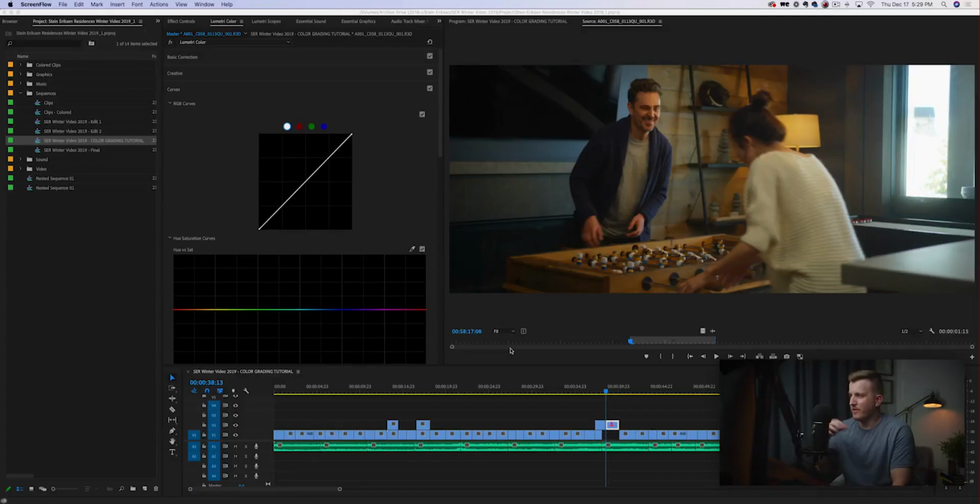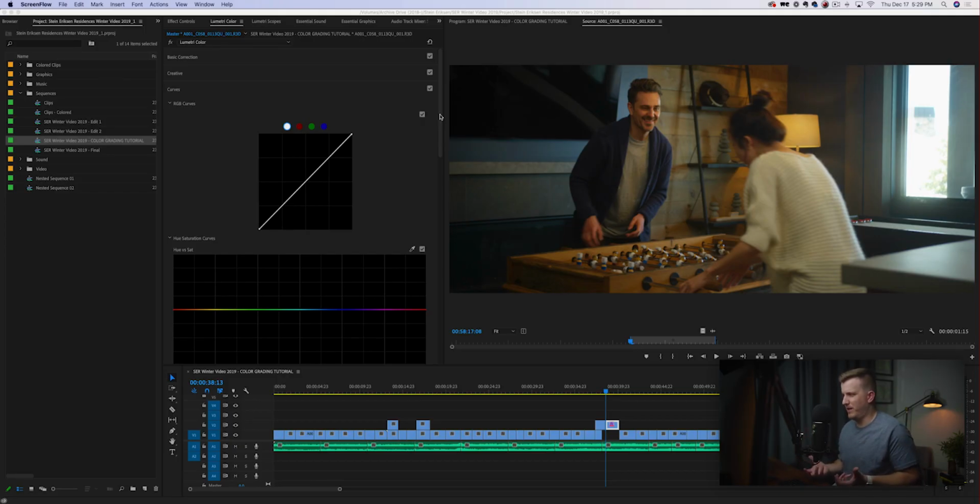All right, so now that we have the image color corrected and ready to go, all natural looking and ready for the creative process, we're gonna jump into actually color grading this and doing the creative part of the grading process. So I've got our image here all corrected and ready to go, delogged, and I'm gonna show you a few of the different tools that you're gonna use to color